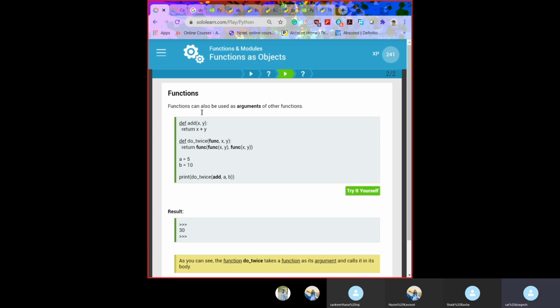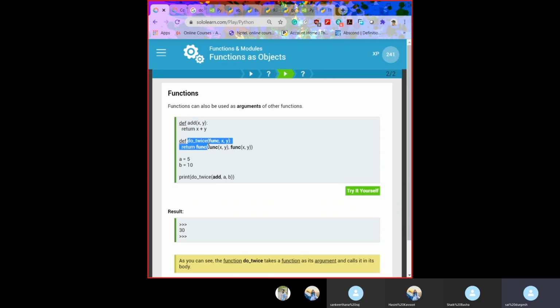Functions can also be used as arguments of other functions. Here we define another function, add, which returns the two arguments added. Next we define another function, which we simply name do twice for our convenience.